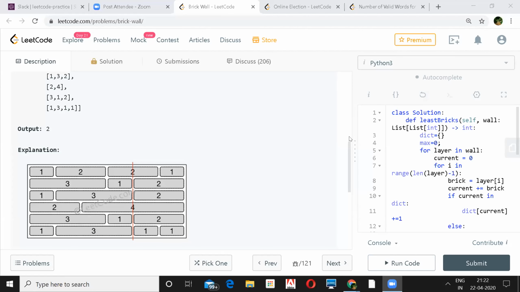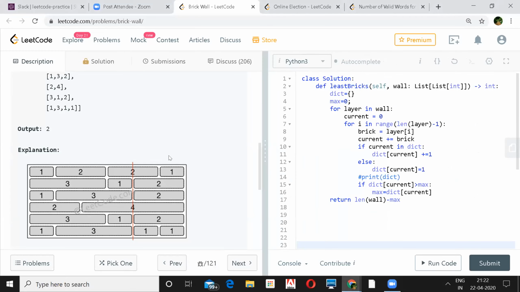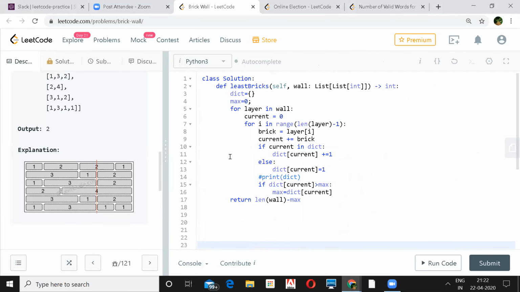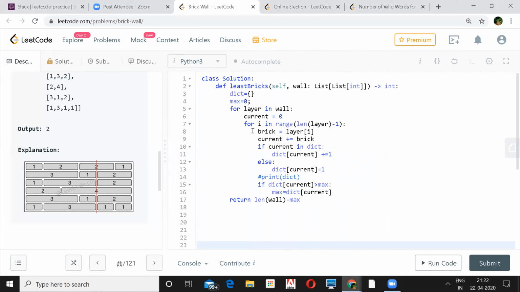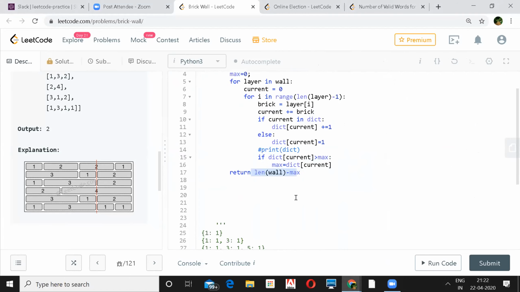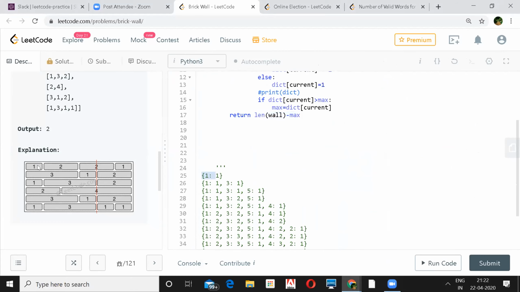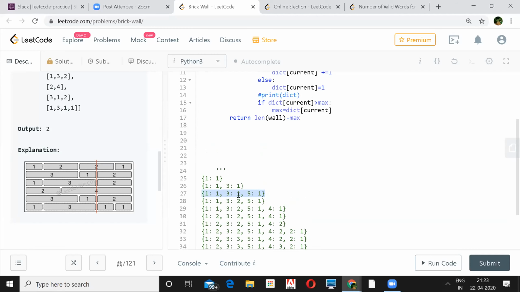So my approach was similar to that of Arpit, whatever he has. I'll go through each of the bricks and just update the hash map as and when you encounter a new brick, and update the maximum whenever you have one, then subtract it and get the answer. First you'll have the first width, next time you'll have 2 + 1 = 3. So corresponding to 3 you'll have one value. Next time when you go again, it will have 2 + 1 = 3, 3 + 2 = 5. The next update will be, till now you'll have the value of 1, and so on. This will continue. It's similar only.